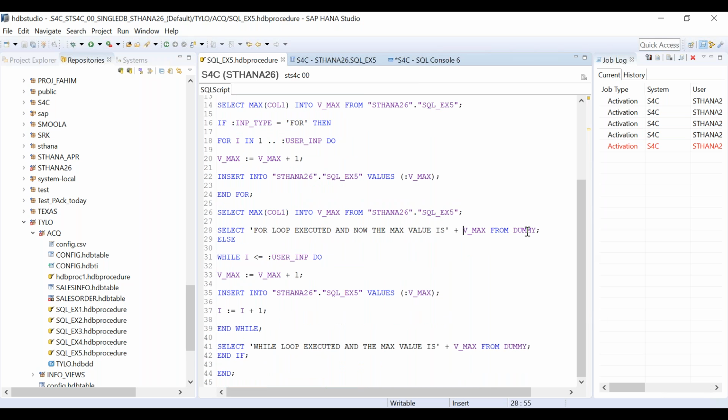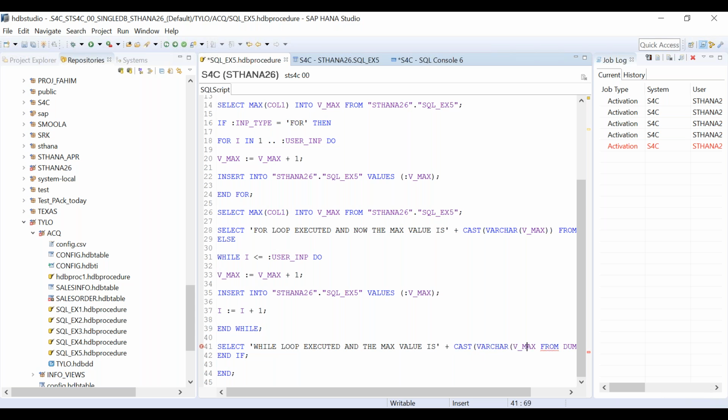okay, let's even understand one more concept. There is a concept called cast. So what we will do, we will make this thing as varchar. So cast varchar V underscore max. So we are making this V underscore max as varchar. Okay. So let's copy this thing here also. Cast means cast conversion. We are making this integer into varchar at runtime.